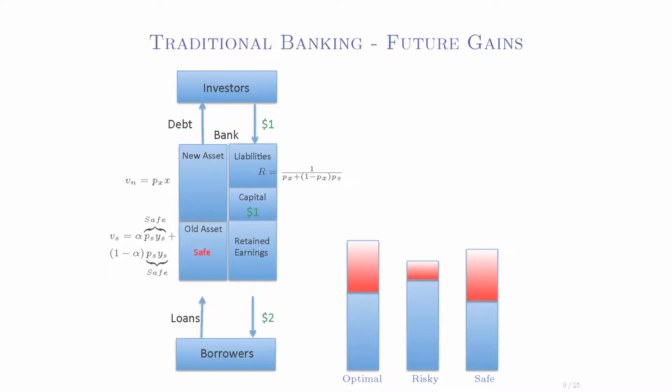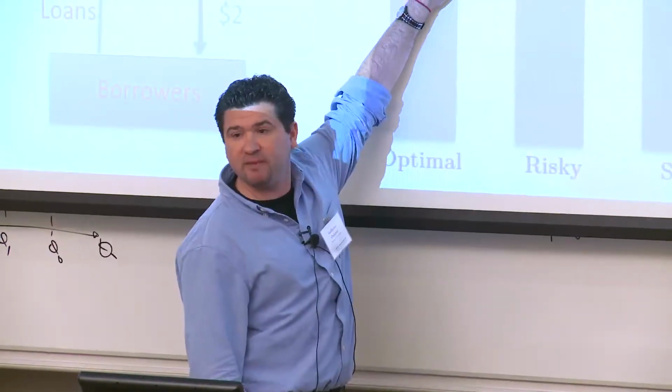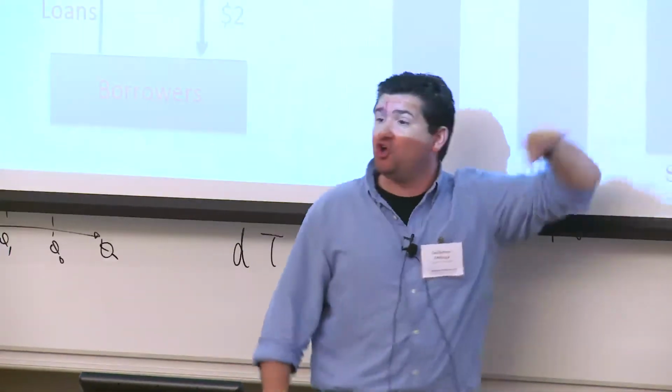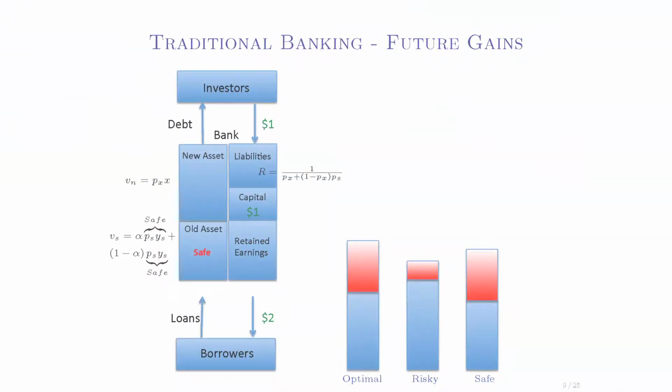Remember, PS. If you invest in the risky asset, it's more likely that you disappear, and then you cannot take advantage of the value of the future. So at some point, if the value of the future becomes relatively good, you don't have the commitment problem anymore. In your own interest, you prefer to invest optimally. And on top of that, it's better than going through regulation. So once the future becomes good enough, the banks don't want to select into the inferior commitment technology that traditional banking gives. They prefer just to go around and commit by themselves.